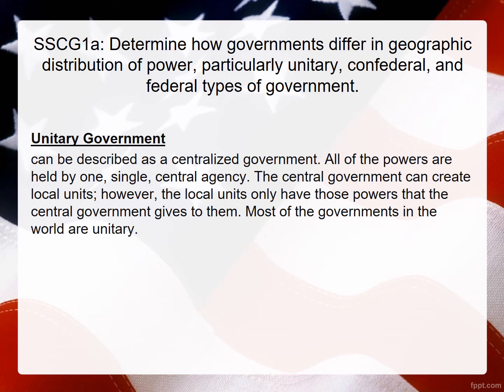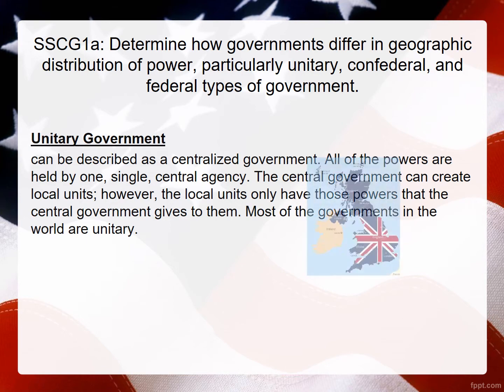This is a government that has a centralized government. All the powers are held by one single central agency or government, and then the central government creates local units, sometimes local governments, could be called states. These local units only have powers that the central government gives them. Now, most of the governments in the world are unitary. That means that most have a centralized government, and then they give powers to local governments to handle things at